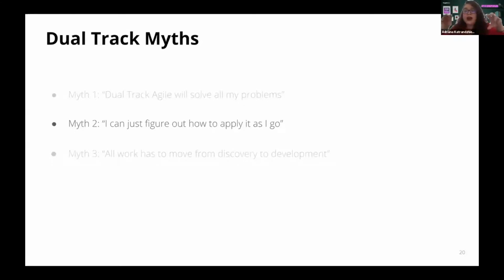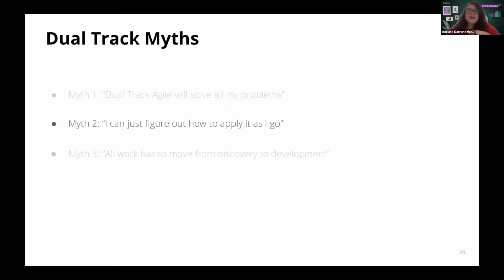Decide how your items are going to move from one category to the other. What is the criteria for that? And maybe decide what the definition of done is, and how you are going to make that call between build it, keep learning, and park an idea, because those are really important things to decide from the start in order to make this successful.